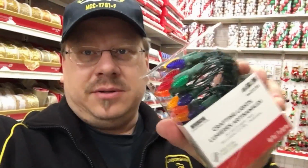But we have a little tree that goes beside the TV, which is a pre-lit multicolored tree, and the bulbs weren't working, so I replaced every bulb with one that I knew worked. Still didn't find it, so had to come and grab some small little LEDs for that. And also, good news, the Trekyards tree works 100%, so I'm going to be setting that up in the office too and getting all the Trekyards ornaments on that, all the sci-fi ornaments,